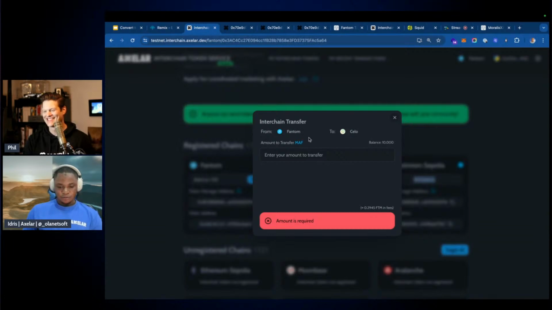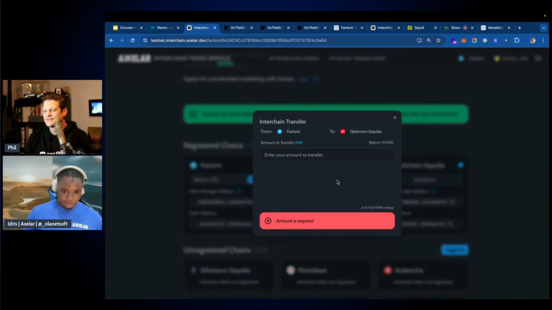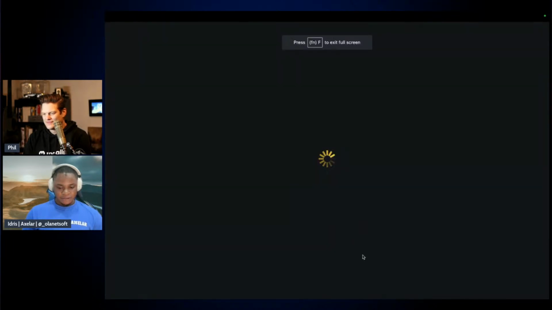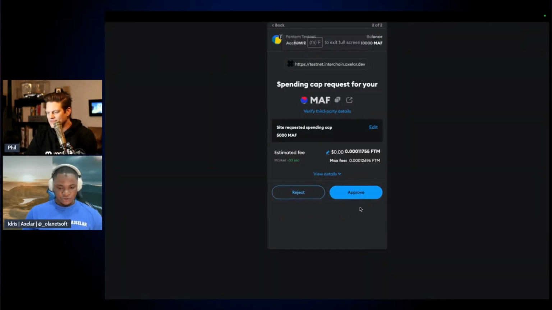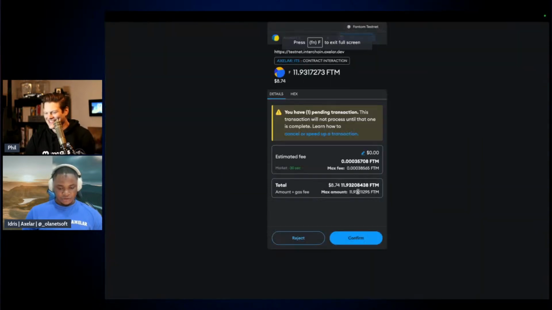You see this pop up. You can select where you want to transfer to. So I'm going to select Optimism because this token is only available on these two chains. You can see that we only have two options here, and then the amount to transfer. So I'm going to transfer 5,000, which is half of the total supply, to Optimism Sepolia, and then I'm going to click approve. And then MetaMask pops up. I am going to click next and then approve that transaction. So yeah,